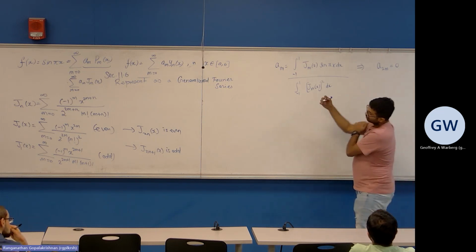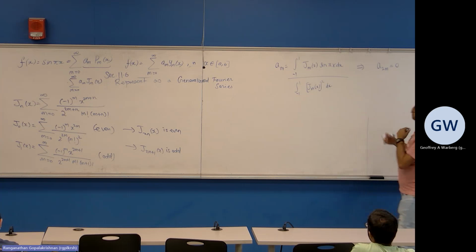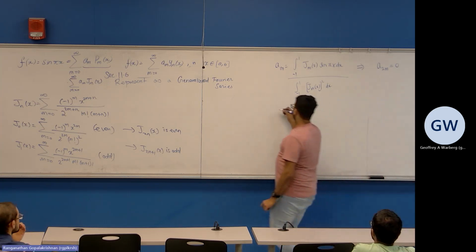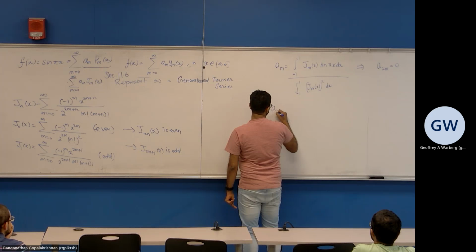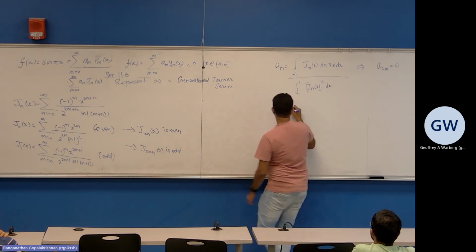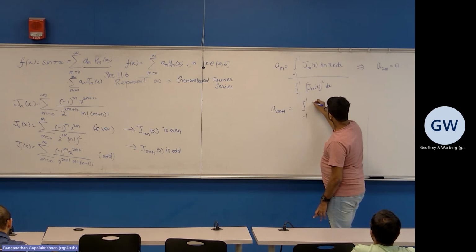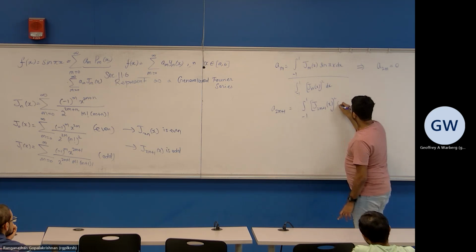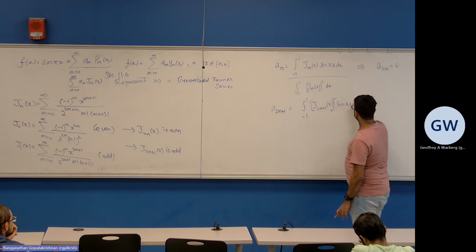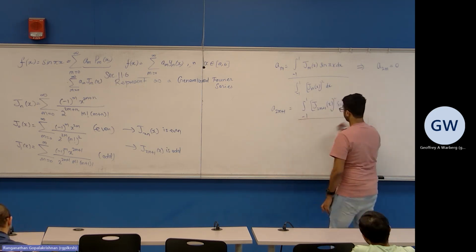And then if we consider odd functions, that is odd values, we have a_(2m+1) or a_(2m-1), either is fine, the integral from minus 1 to 1 of J_(2m+1) of x times sine pi x dx divided by